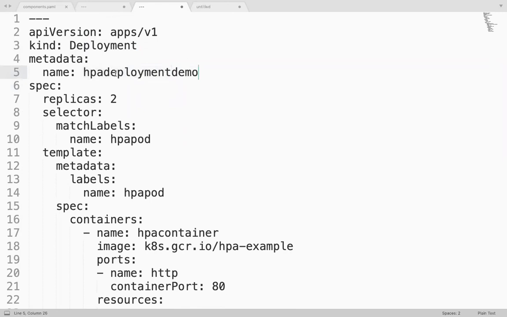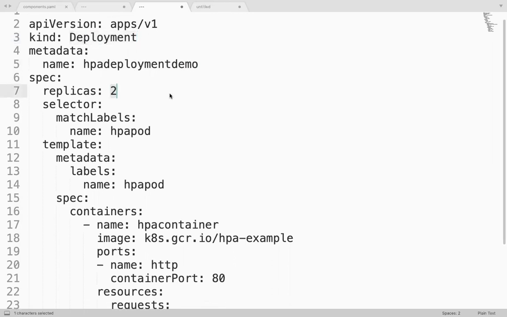This is one deployment. How many replicas am I creating for this deployment? 2 replicas.